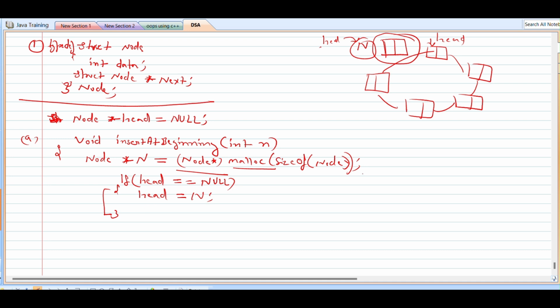and if there is only one node in the circular linked list, suppose this is the new node, then its next will store the address of itself, then only it will become circular, right? So head next is equal to, or not head next, this new node, next of this new node, sorry, the next of this new node will